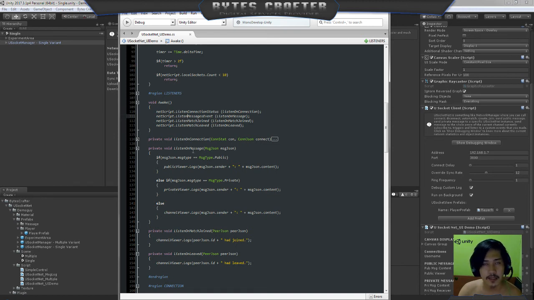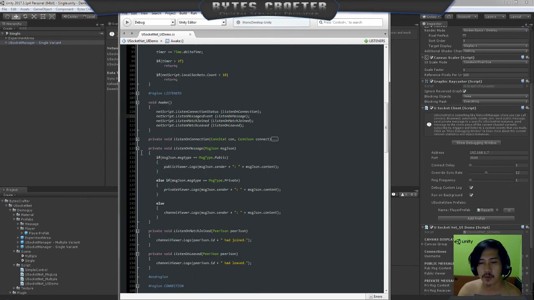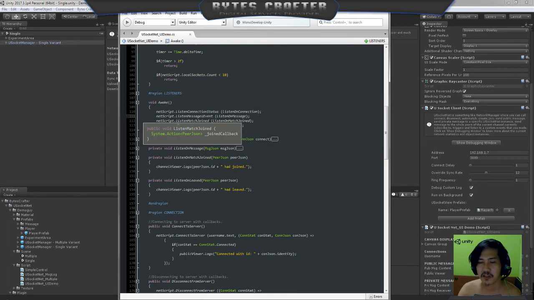Basically, listen on message is dedicated only for human messages, because here you can get the sender of the message, the receiver and the content. A human message basically, unlike Photon and Unity, here you have a dedicated method for calling and receiving human messages. For chat, for example, if you are making a chat app.